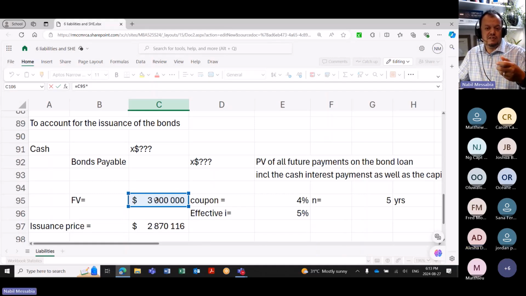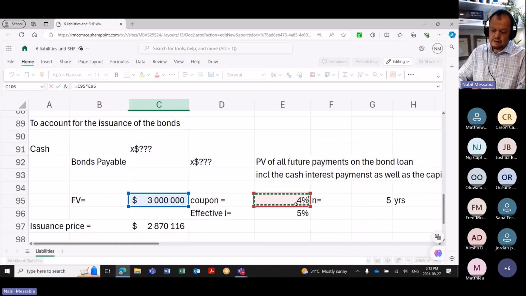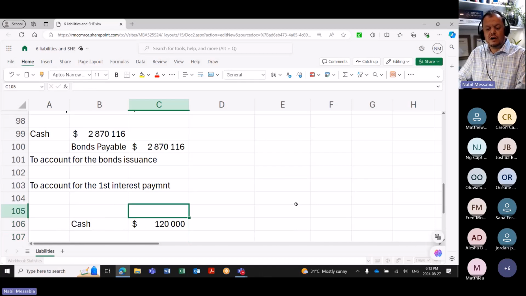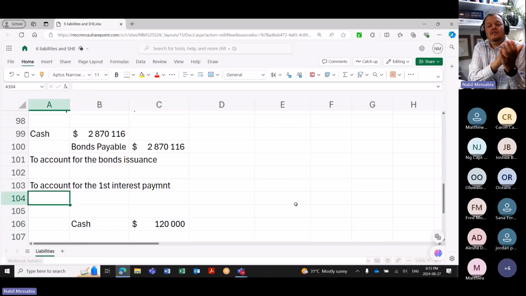This is my commitment to pay, 3 million times the coupon rate, 4%. Okay, $120,000. However, according to the accounting rules and the accounting principle, what I should recognize as interest expense is